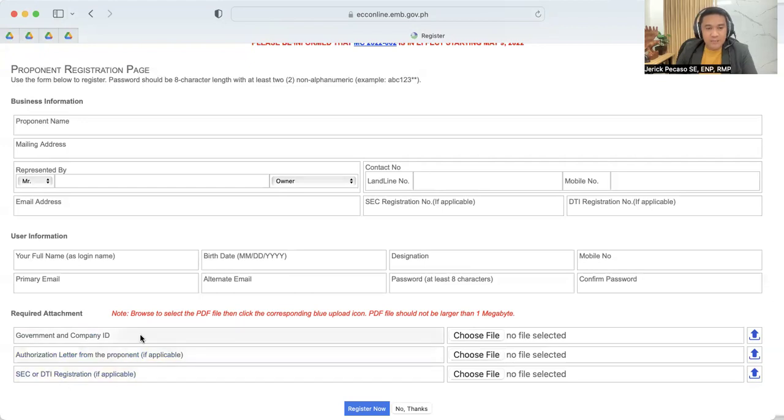So the three important attachments will be uploaded in this registration page to formally create this online account.